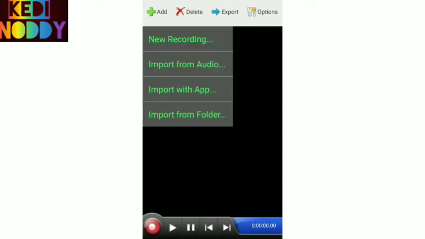Now first we have to add the song which you want to convert into 8D music. So press add. You can record your own voice or import from app, or import from folder. You may touch import from audio.